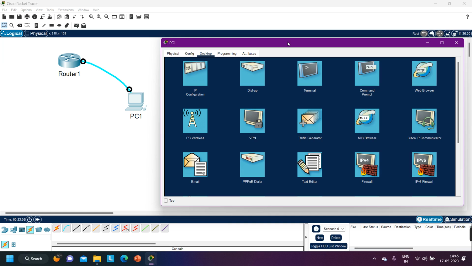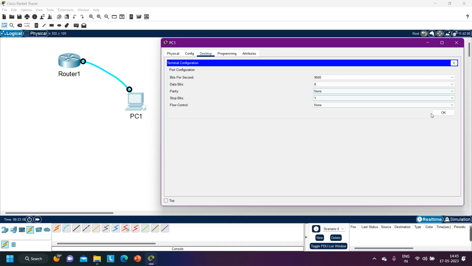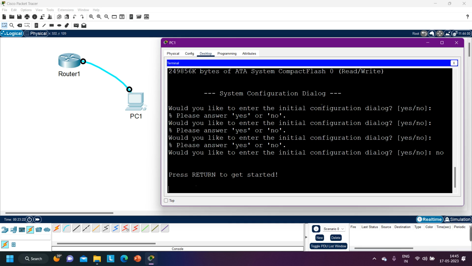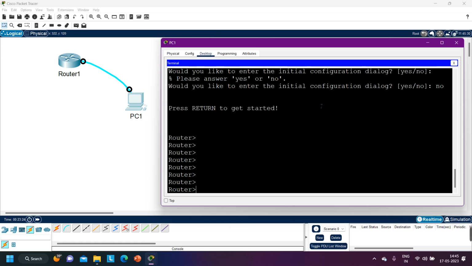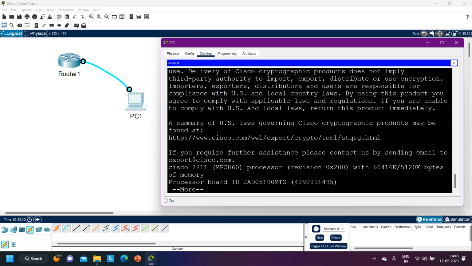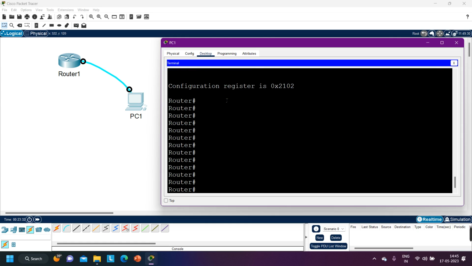Configuration register value. As you can see over here in this topology, I have one router and I have access to this router through this PC by using a console cable. So let me take access of this router first. Okay, you can see I have access to this router. Enable, show version. By running the command show version, you can check the configuration register value. So here at the last you can see the configuration register value is